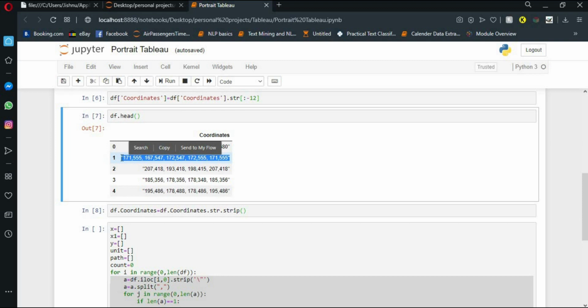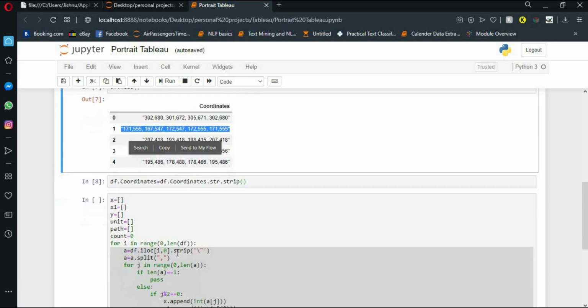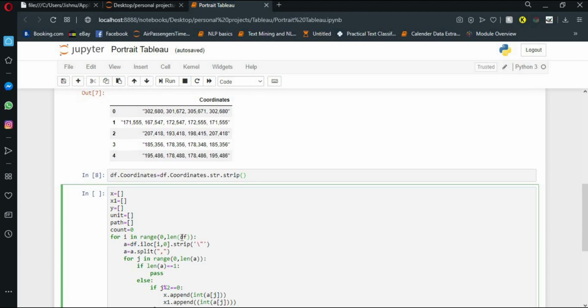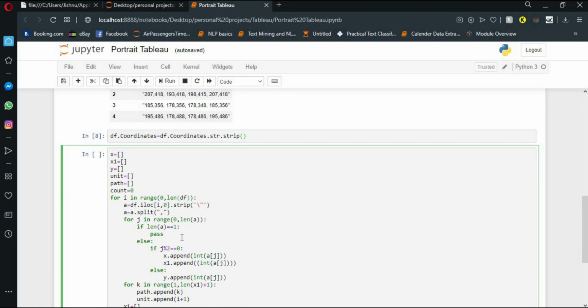Is the logic clear? I hope that the logic is clear. If not yet clear, then I'll suggest you refer to the code, okay? Or you could even drop down in the comment section if you have any difficulty. I will again make a session on the logic, okay? You could find this attachment below on GitHub, okay?